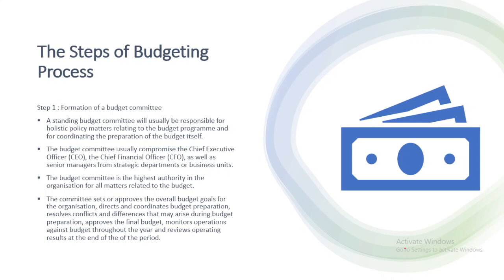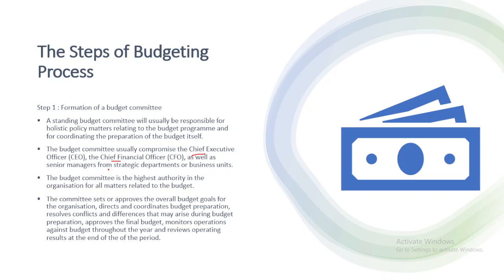And if we're also talking about revenue generation, they'll also give them a limited amount or a specific budget to say that we need to achieve the following number of sales so that we can achieve certain objectives. So the budget committee usually comprises a minimum of 3 people. So we're going to have a chief executive officer, chief financial officer, as well as other senior managers or the chief operating officer. So those will be the main 3 key executive directors who are going to be there to manage all the budget of the company.